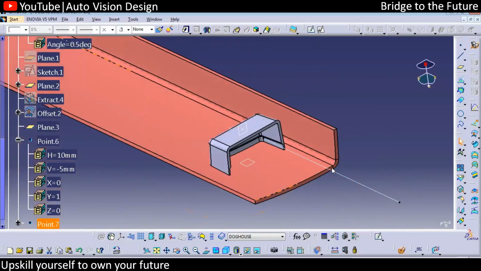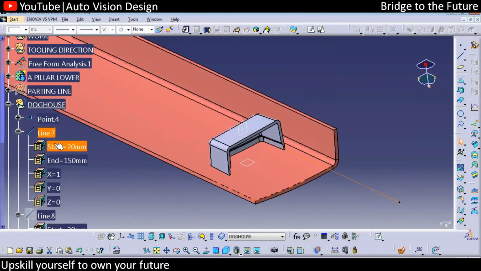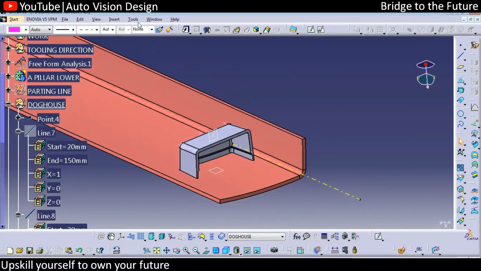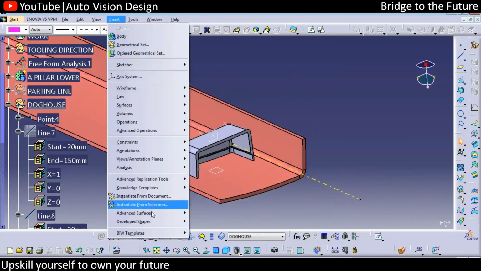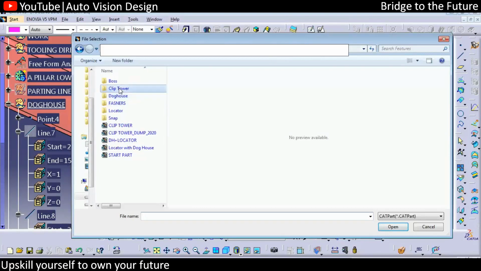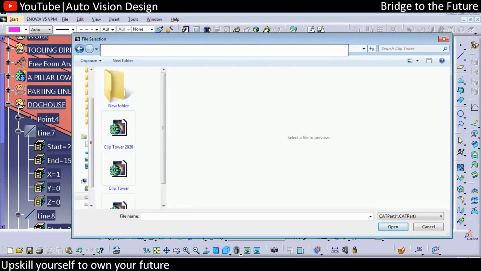Now we can call the same again with respect to the power copy. The document we already have, so we can pull it out. From the insert, we're going to instantiate from the document. We can select somewhere here, and with respect to that, we're going to have the clip tower as well as the locator. So we can call out the clip tower as well.